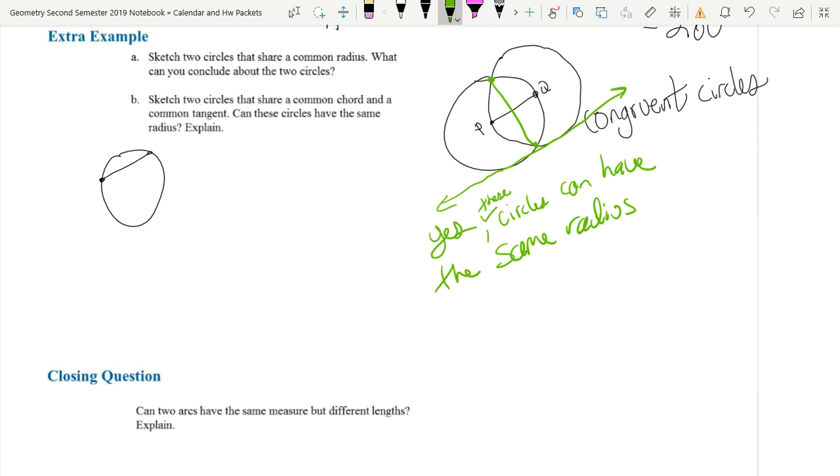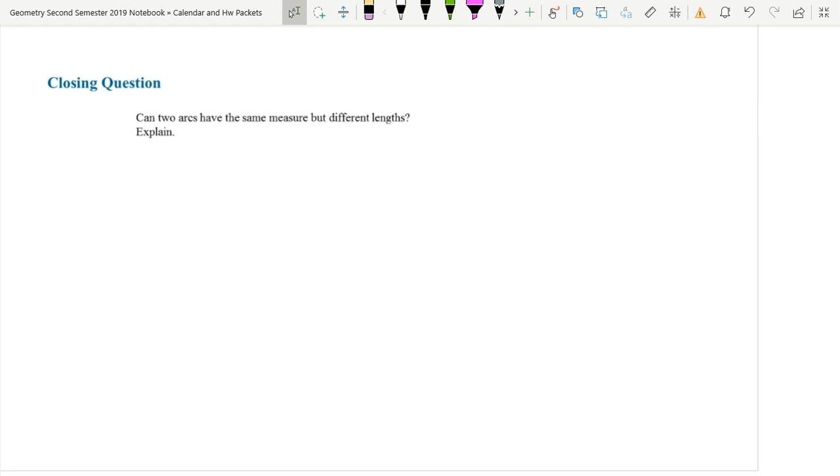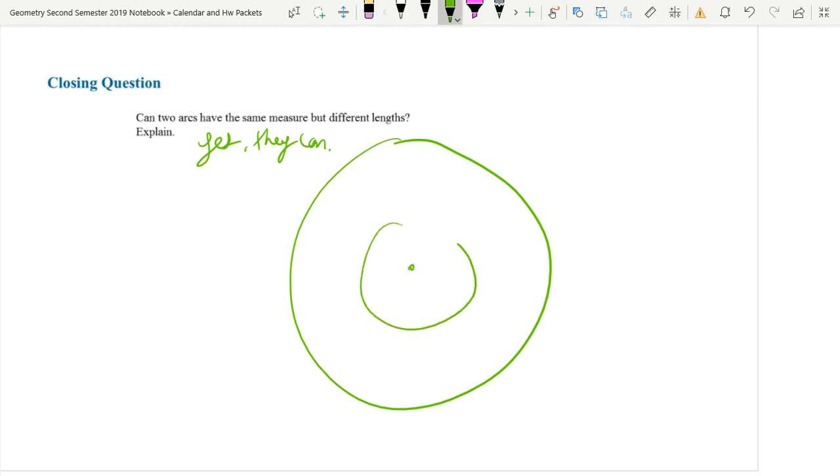Cool. All right. Closing question. Can two arcs have the same measure but different lengths? Turns out they can. Yes, they can. So here's an example. Let's go ahead and draw two concentric circles. That will probably be the best visual for why that is. So if you have two circles, they have the same center. And I'm going to try and draw that a little bit. Center is about right there. Okay, a little bit better. They have the same center, and let's go ahead and